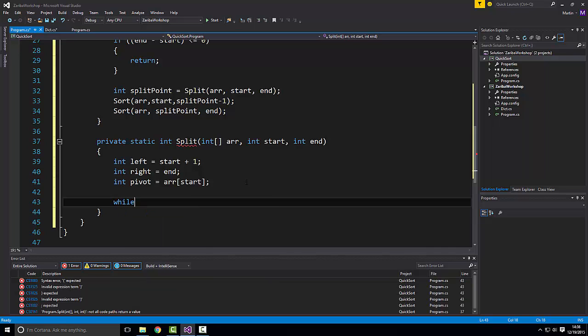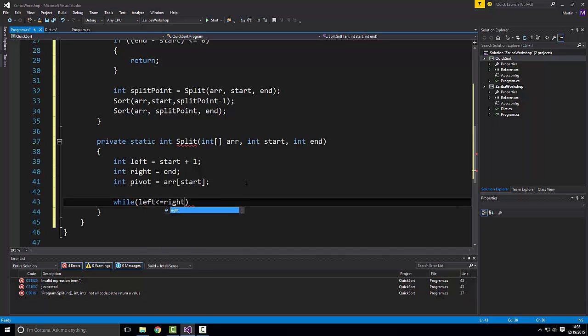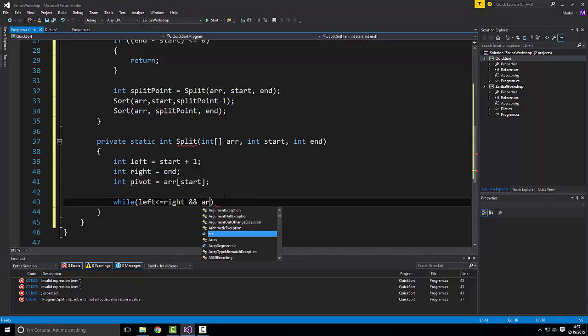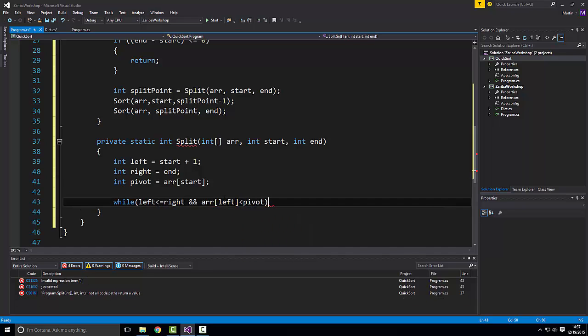Okay, so while left is less than or equal to right, this will be the main condition that we will have when we move the left cursor, or the left index. As soon as it gets equal to the right index, that means that there is nothing to swap, and we should swap the first value and the left value. Okay, and one more thing: and array of left is less than pivot. Okay, so we only move left